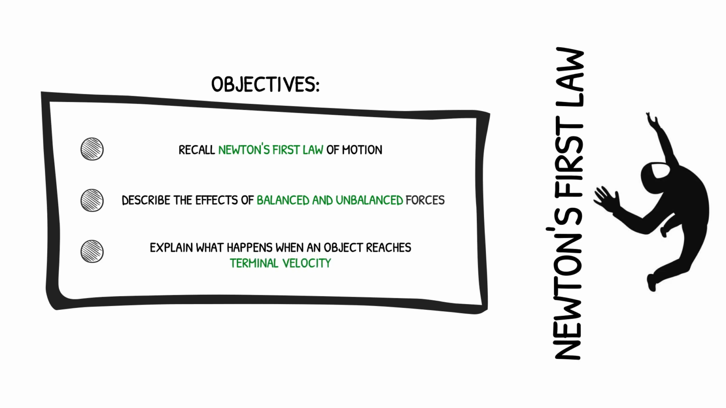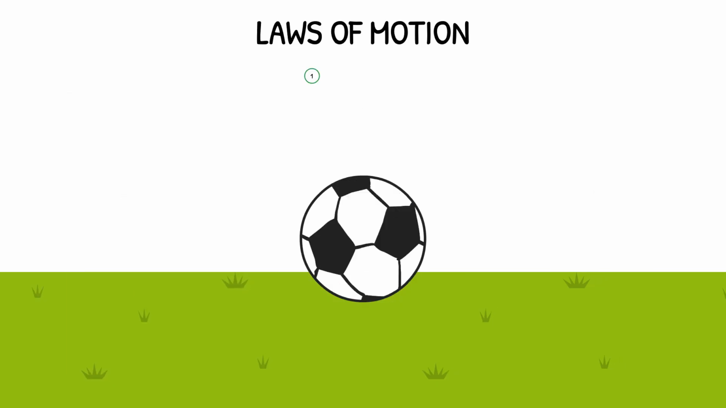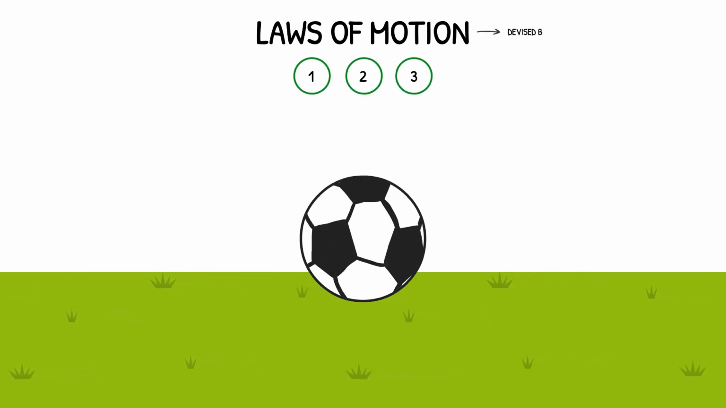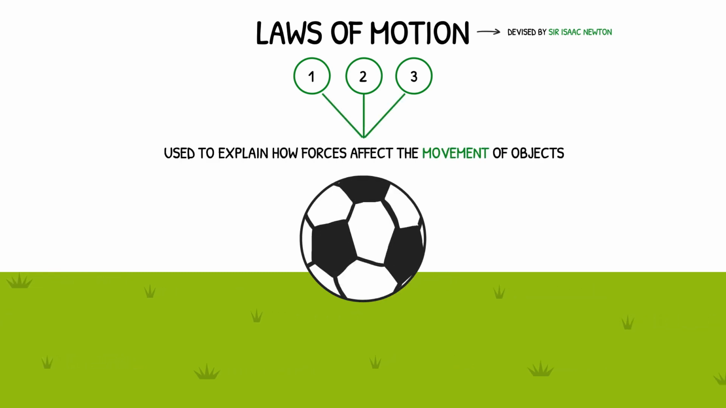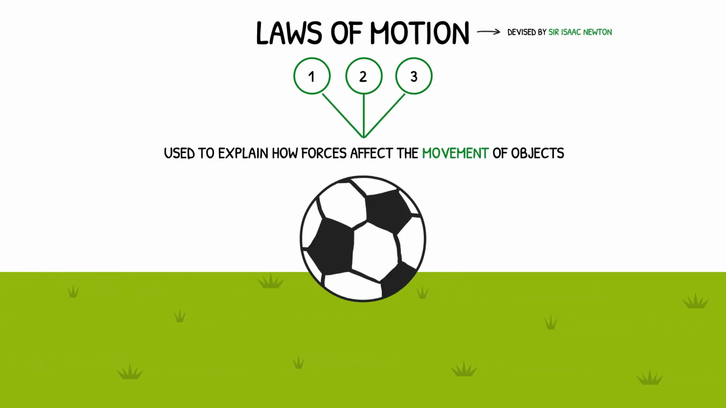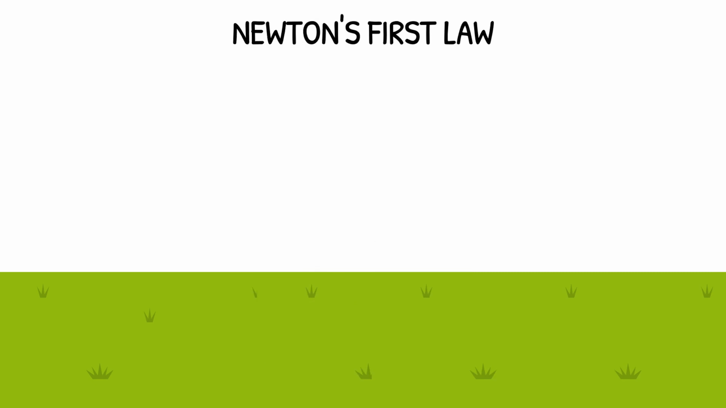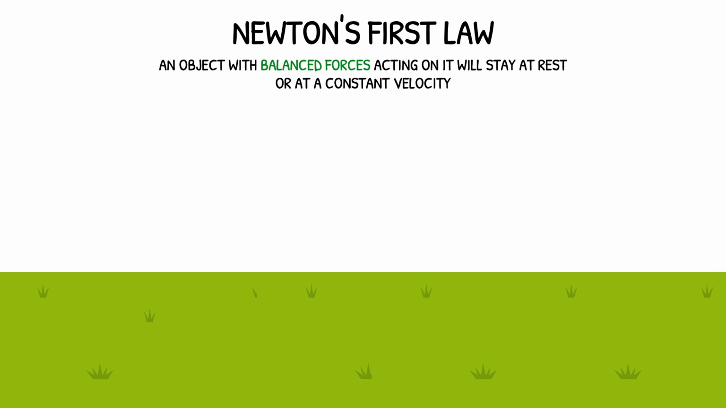So, let's go! The three laws of motion, devised by Sir Isaac Newton, are used to explain how forces affect the movement of objects. The first of these laws states that an object with balanced forces acting on it will stay at rest or at a constant velocity. In simpler terms, an object will continue to do whatever it's doing until it's acted upon by a non-zero or